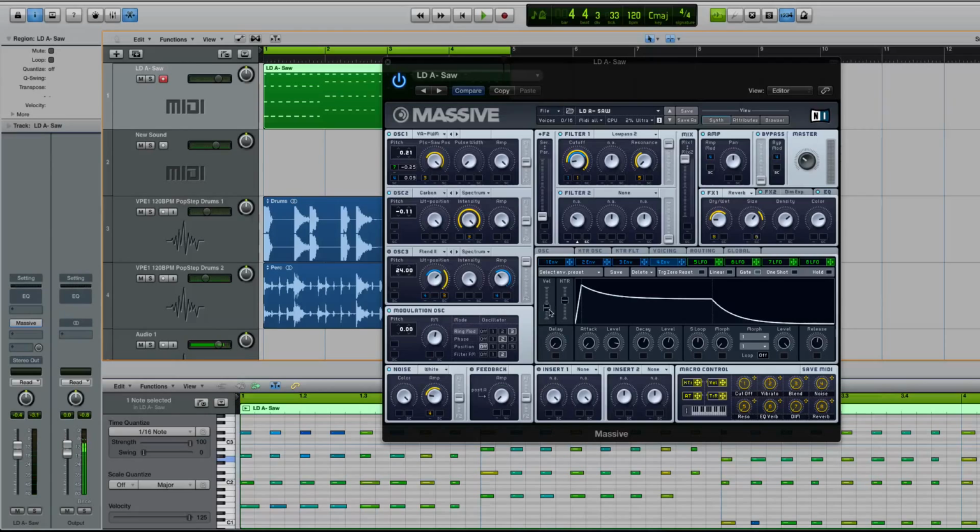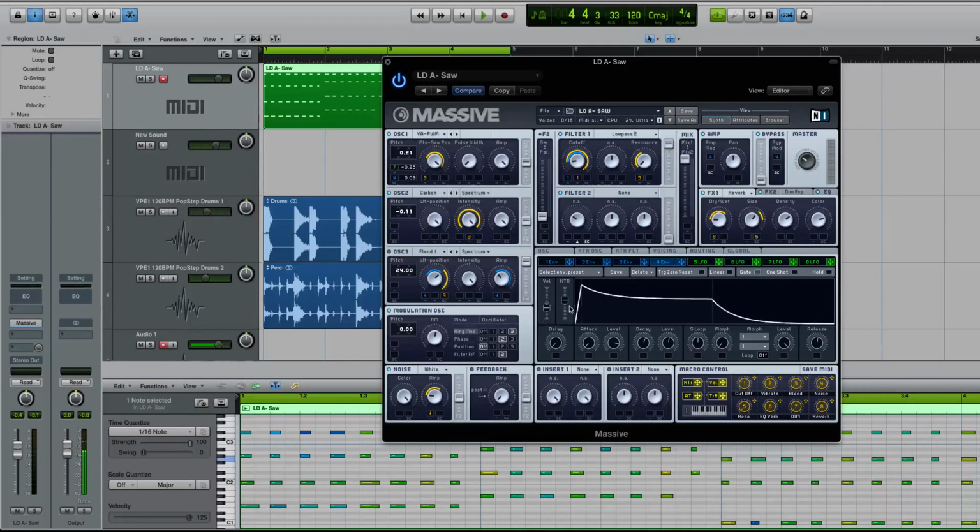All you do is go to your fourth envelope and turn up the velocity knob to your liking. So I'm going to turn off my first envelope first. Then, to make the sound even more expressive, I went to my first envelope, got a shape that I like, dragged the decay in and the release out a little bit, and turned the velocity up for that as well, and then I modulated the cutoff of my filter 1. So if I turn this velocity down and play this right now,